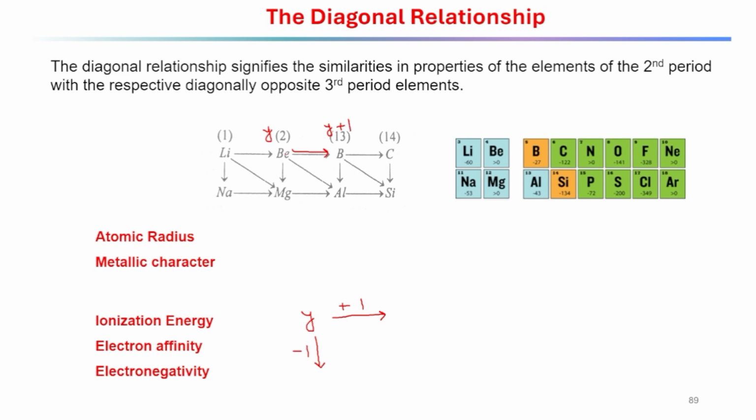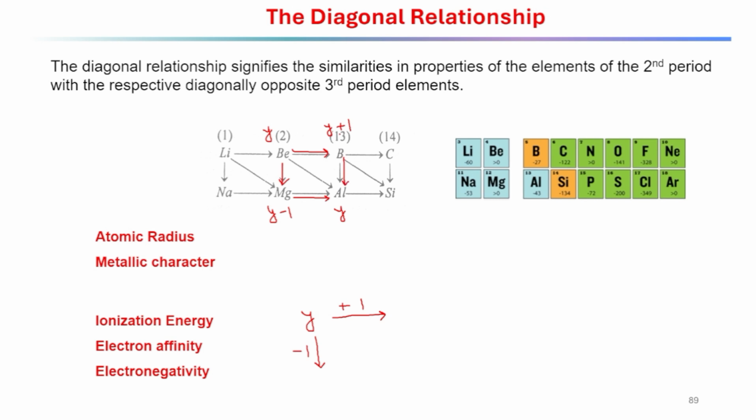And when we go from top to down, from beryllium to magnesium, these values will be decreased by 1 unit. So it will be y minus 1. Now again, if we go from magnesium to aluminum, we are going along a period, so it should increase by plus 1 unit. So if we increase it by plus 1 unit from magnesium, that means y minus 1 plus 1, and we will get y. Similarly, if we come from boron to aluminum, in boron, these ionization energy, electron